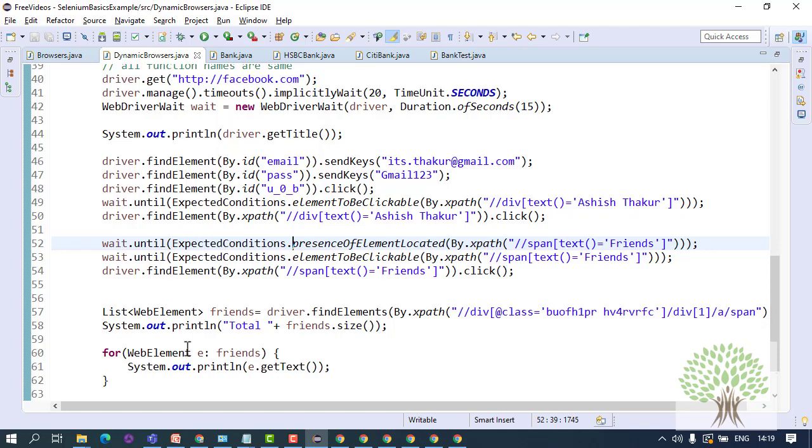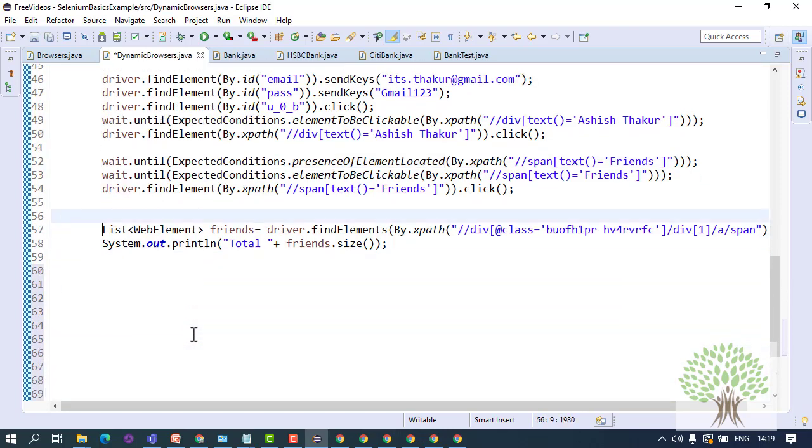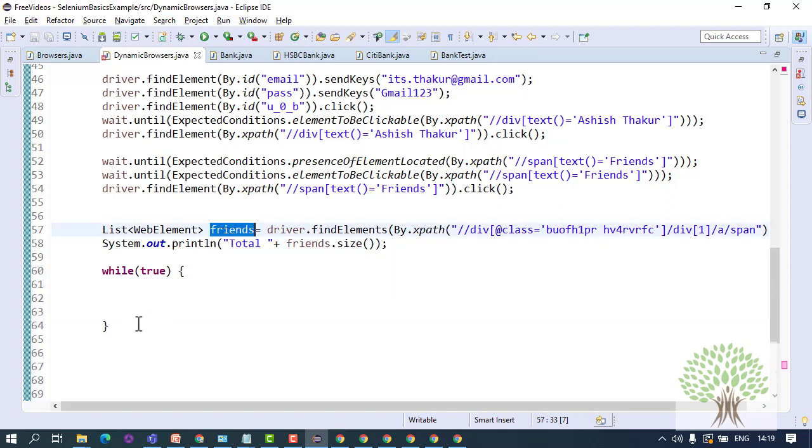So what you will have to do is that after extracting the friends over here, you will have to write a while loop. For time being I'll just write an infinite while loop. Now from this list of friends you get the last friend.